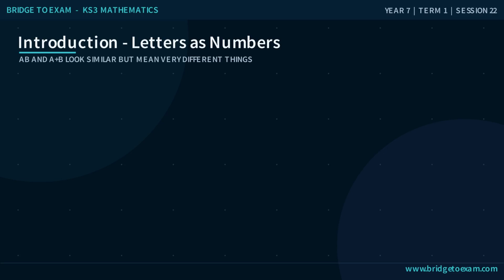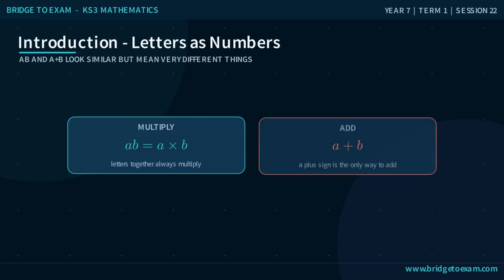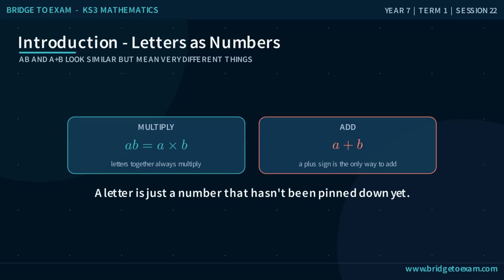Session 22. And we're starting something brand new, algebra. A letter like x isn't a mystery, it's just a number that hasn't been pinned down yet. ab means multiply. a plus b means add. Two letters sitting side by side and two letters joined by a plus sign look almost identical, but mean completely different things. By the end of today, you'll read algebraic notation correctly, identify the parts of an expression, and translate